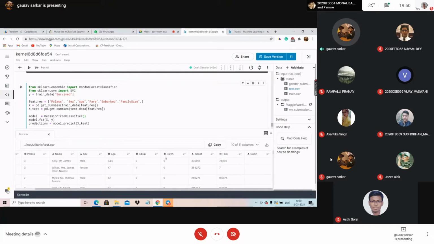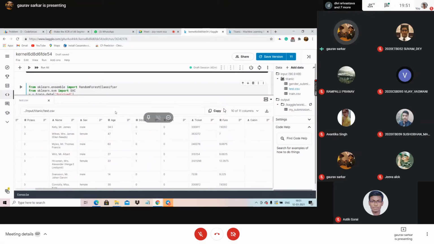See, there is a column called parch. There is nothing called parch in these features. Why we are doing this is, when we are given a data set, you will see that not all of the data set is appropriate for our use. Later when you work on other examples, you will see some data sets are redundant.